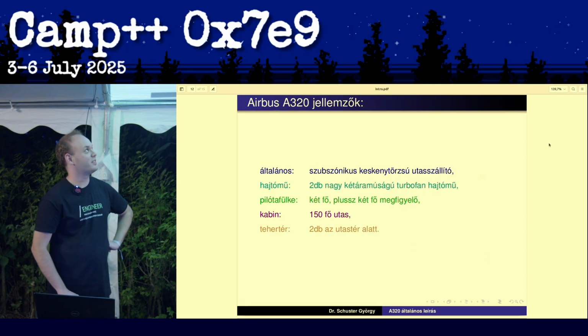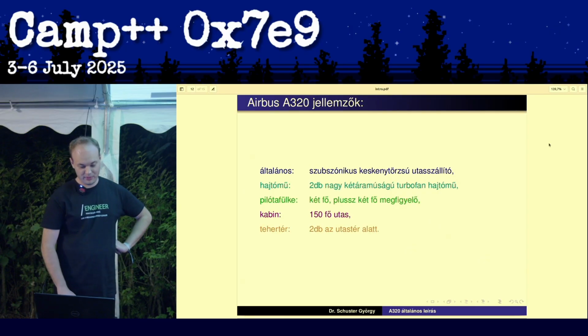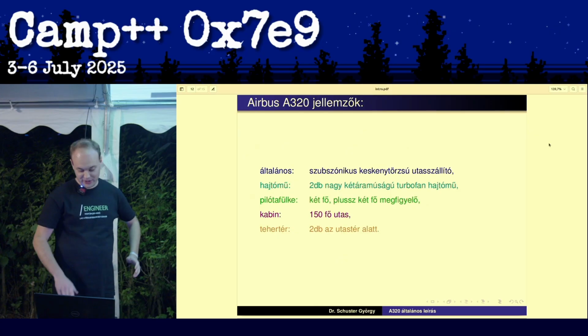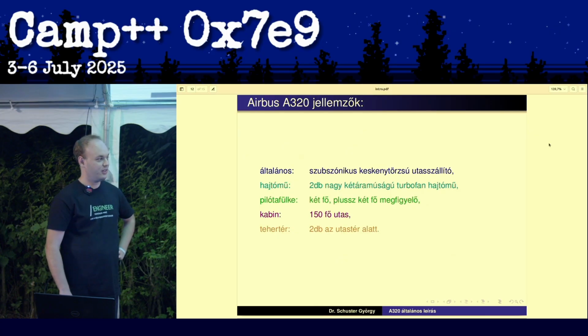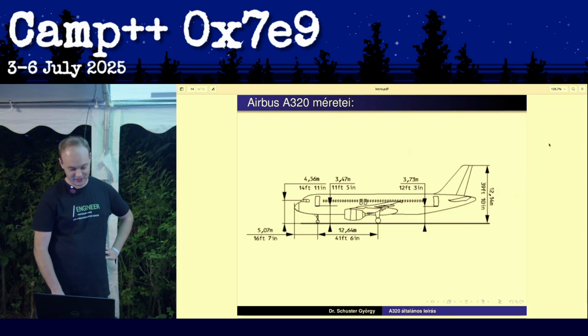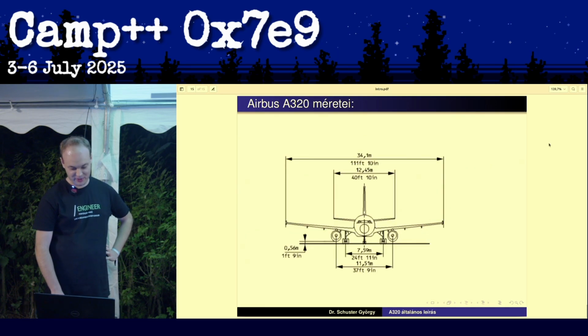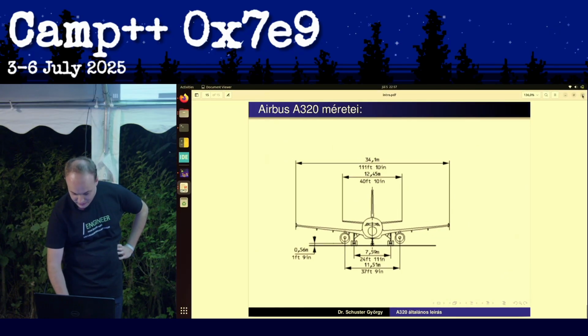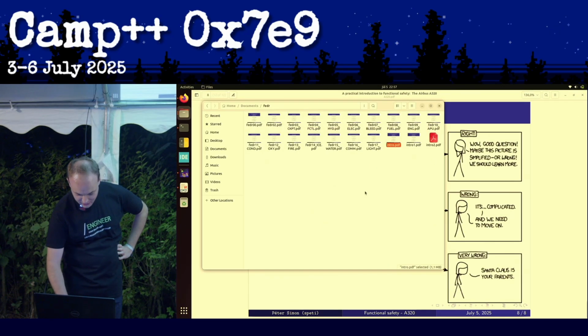Actually, an economy class A320 is in practice configured for, I believe, 183 seats, because it's packed tighter than the original designs, and the 321 is for 230 passengers. These are some of the sizes of the 320, and let's go to the